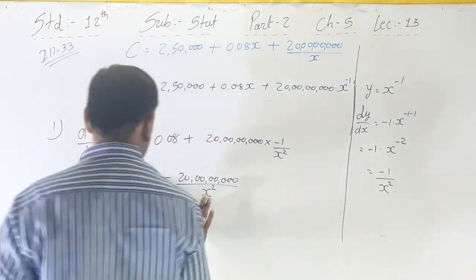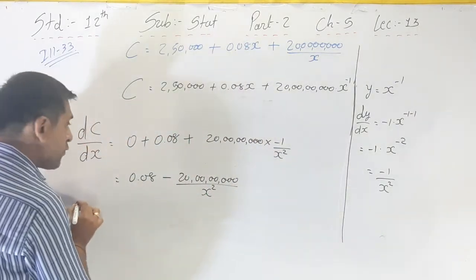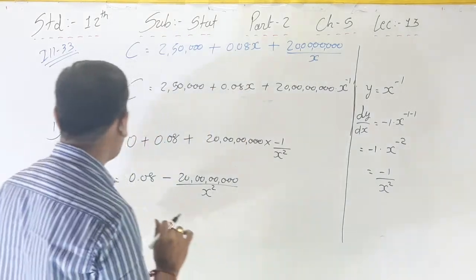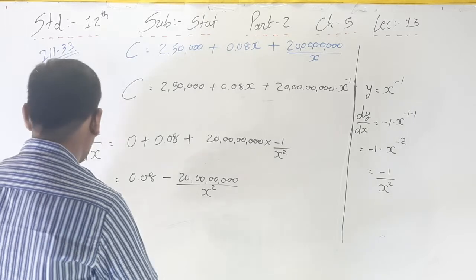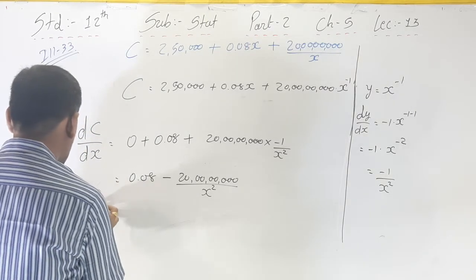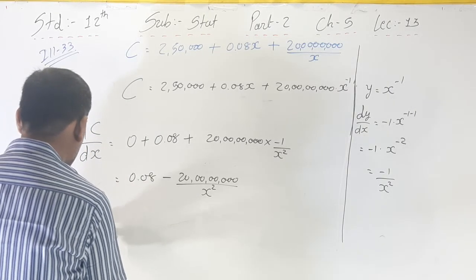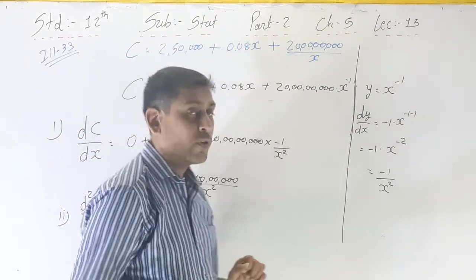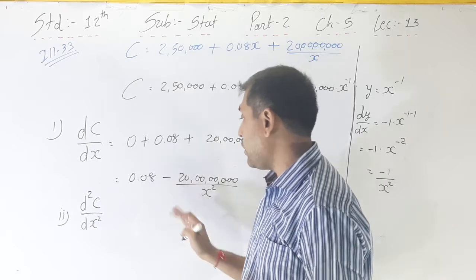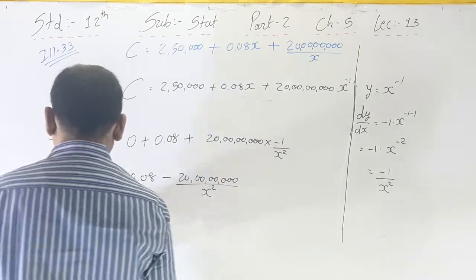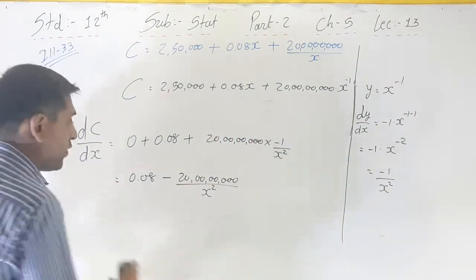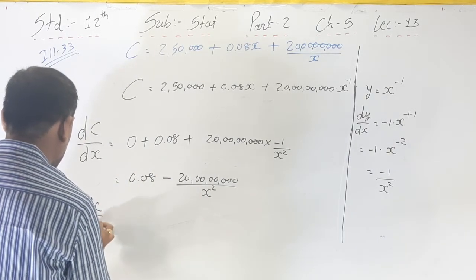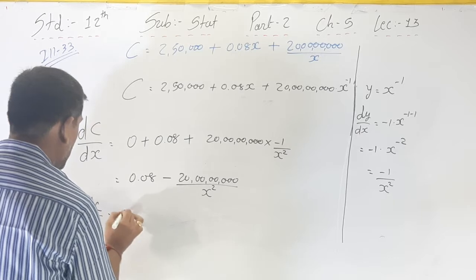Okay, this one is the first differentiation. Now we have to put the first differentiation equal to 0. So what is the first differentiation? See here, d square C upon dx square. What is the second condition? For now, sorry, for the first condition, we have to put the first differentiation equal to 0, that is dC by dx is equal to 0. Therefore,